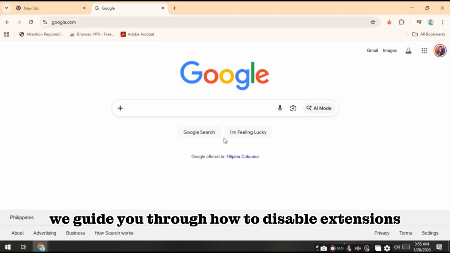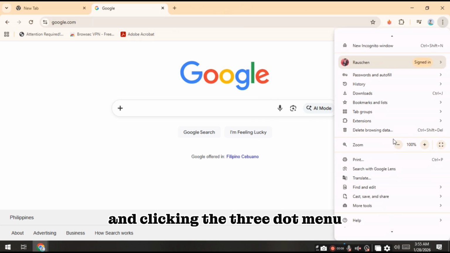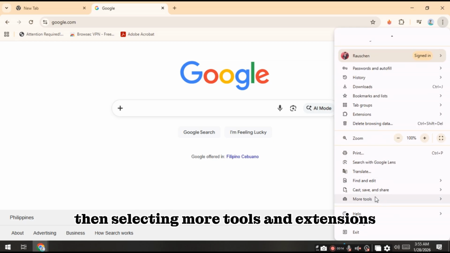We guide you through how to disable extensions in Google Chrome. So, start by opening Chrome and clicking the three dot menu in the top right corner, then selecting More Tools